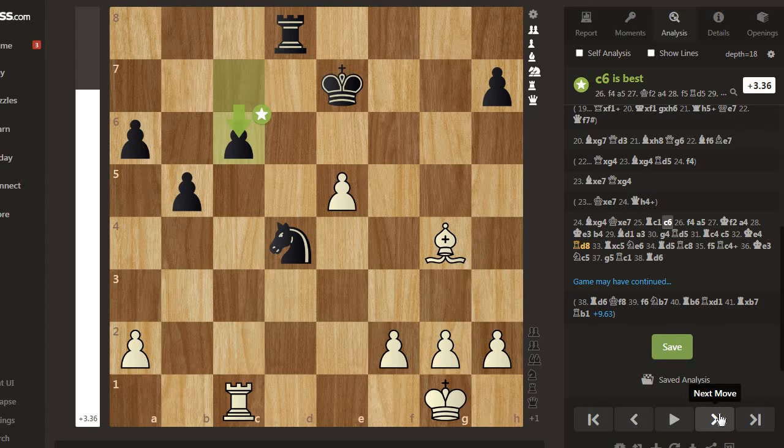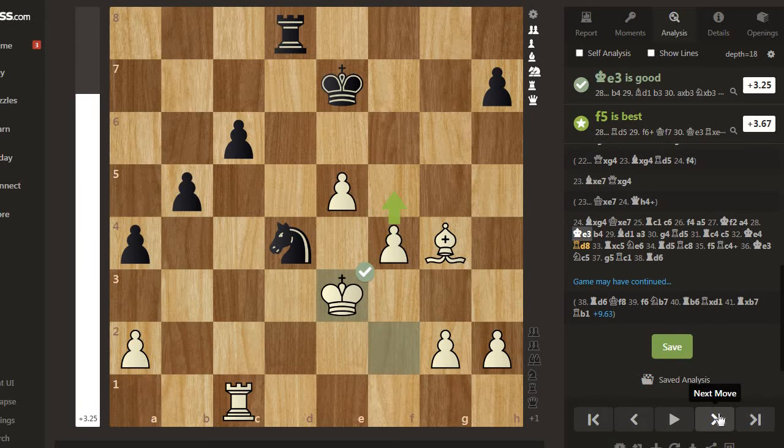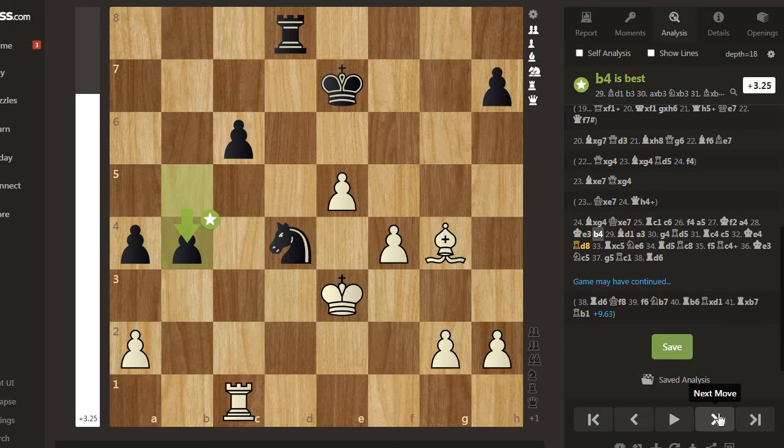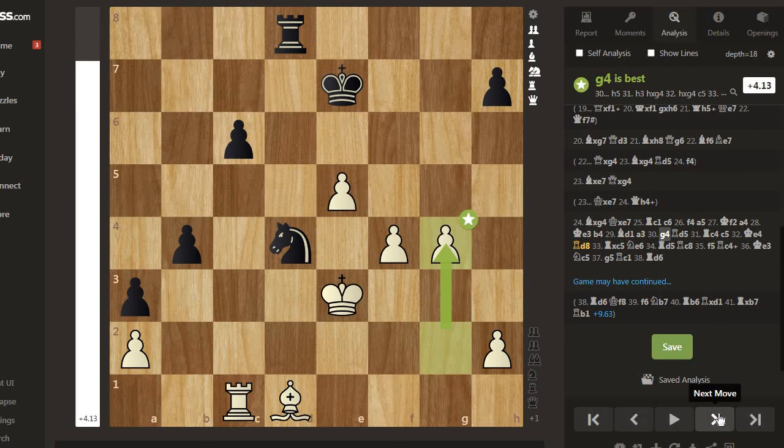And after this, f4, a5, king f2, a4, king e3, b4, bishop d1. The bishop gets out of the way so that the g pawn can advance. a3, g4,